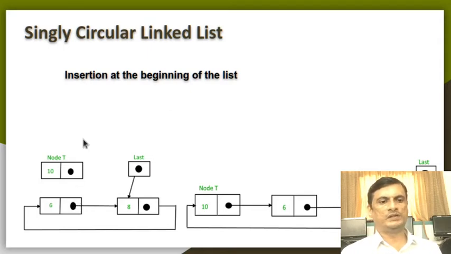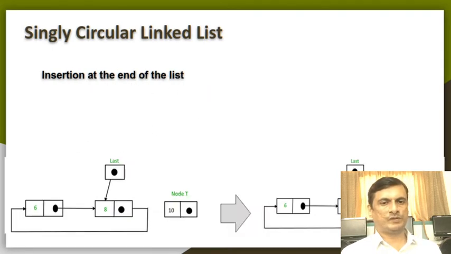So that is the simple logic to justify how you are going to insert at the very beginning of the linked list. Now the second case is at the end of the list. So if I have to insert this 10 node at the end of the list, then I have to move from the beginning to the end of the circular singly linked list,